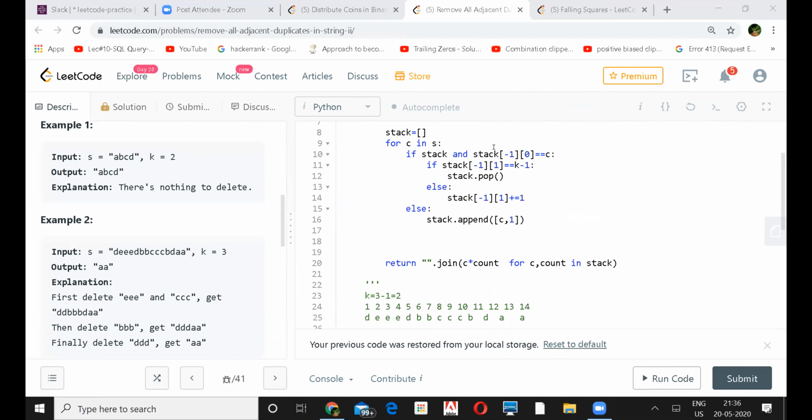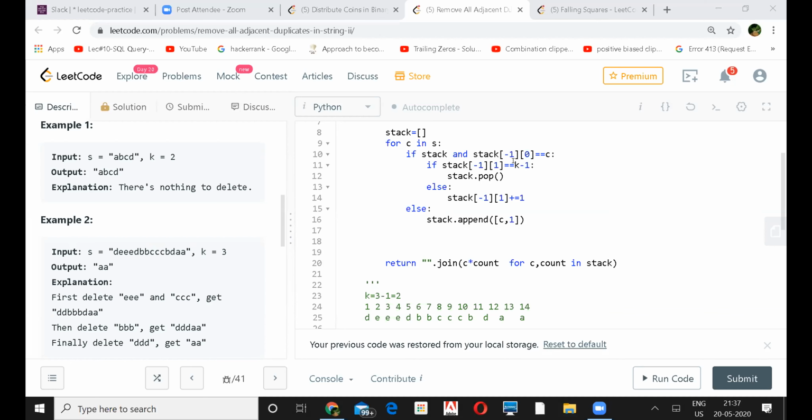Every character, I'm just checking the top of the stack, whether the next character I'm viewing is similar to the previous one in the stack. If it is, then I have reduced 3 to 2.